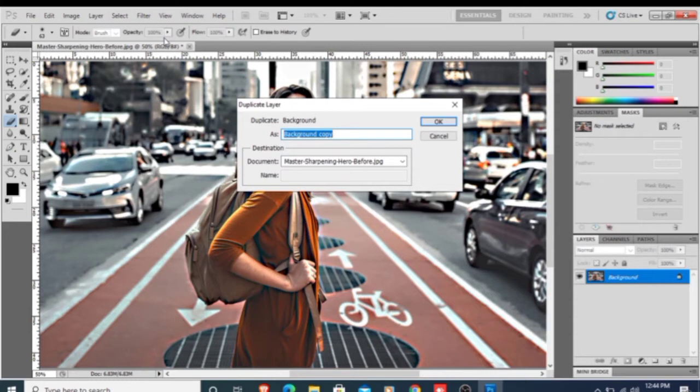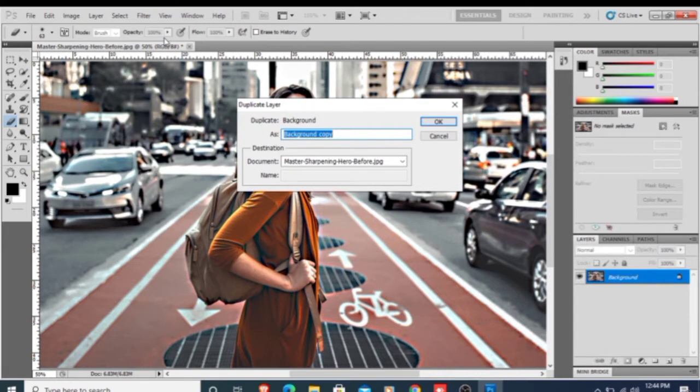The duplicate layer creates a copy of the layer in which you are working. It means if we create a duplicate layer and apply changes on that image, the real image will not be affected. So for that we will create a duplicate image.